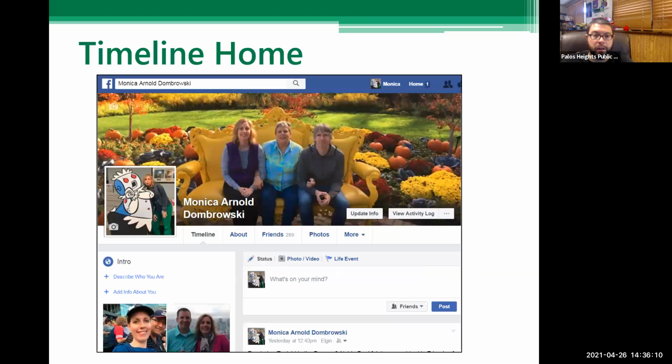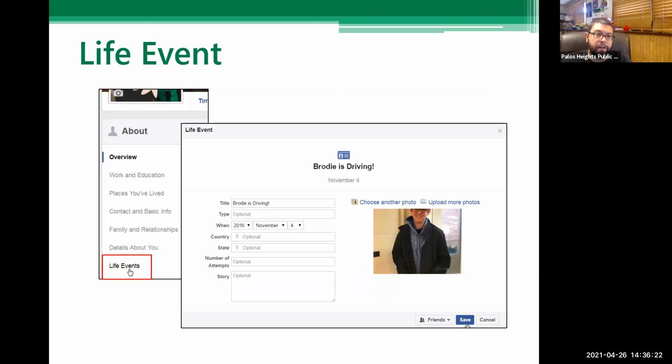Let me go back here. You can see kind of along the top right there, there's a bunch of icons: timeline, about, friends, photos, more. If you go to About, that is where you will find different things, like you can update your profile. It says on the right hand or left hand side there, places you've worked, places you've gone to school, where you've lived, all that stuff. It's up to you how much you put in there or how much you do not put in there. And yeah, you can add a life event down in that panel as well. Once you do that, it'll go out to your news feed, and people can comment, like it, whatever they want to do.